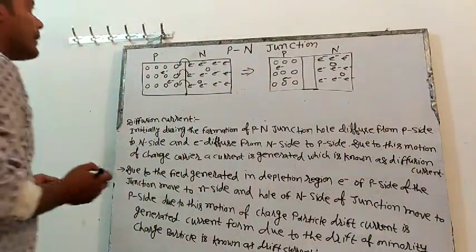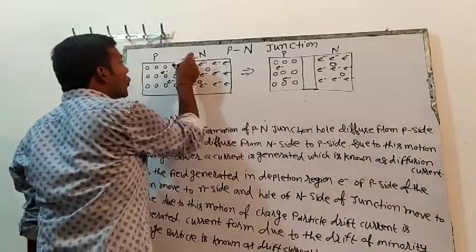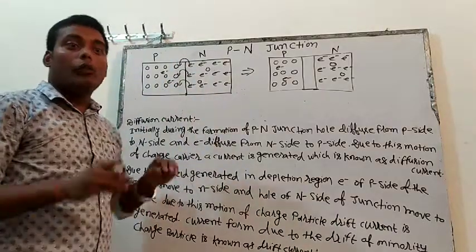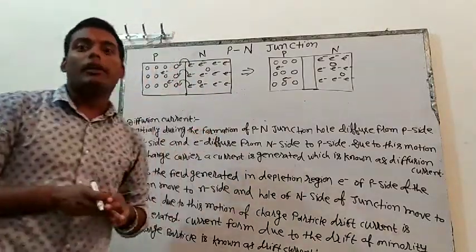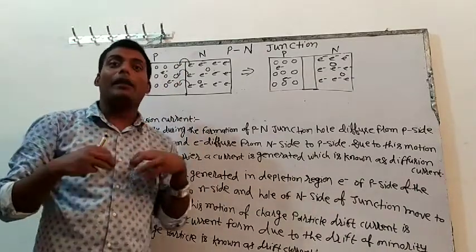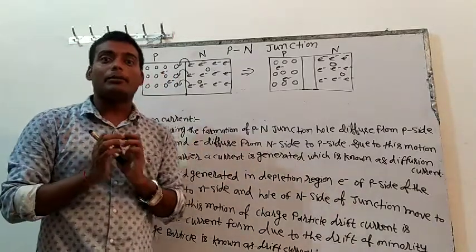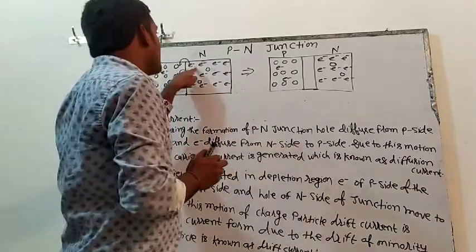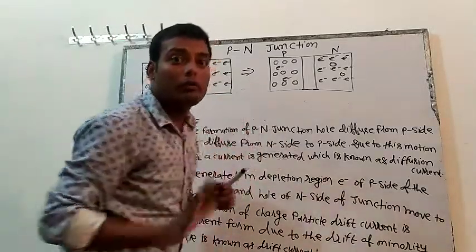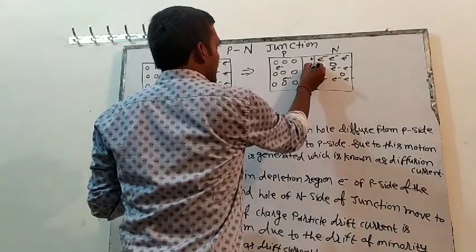So this is P side, this is N side. Suppose electron is going from here. When an electron goes from here, if I give an electron to someone, I will be positive. Now what physics people believe is that if I give something to someone, I will be positive. If I accept something from someone, I will be negative. So electron is going from here, and electron is negative charge. If negative charge goes, then what will happen? Positive will be there. So here will be a positive charge.